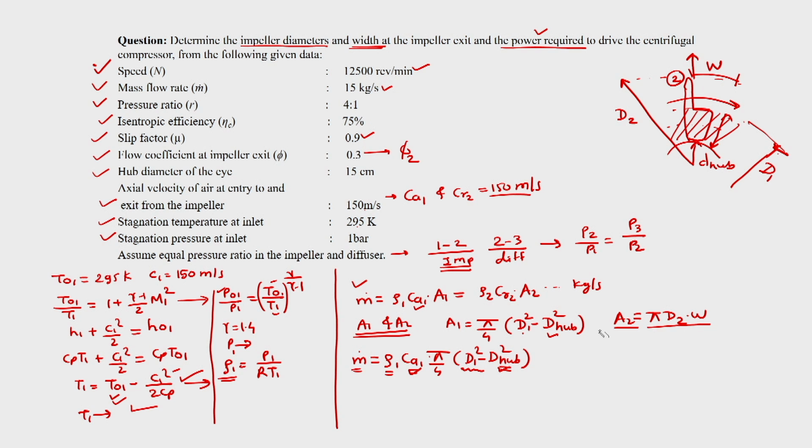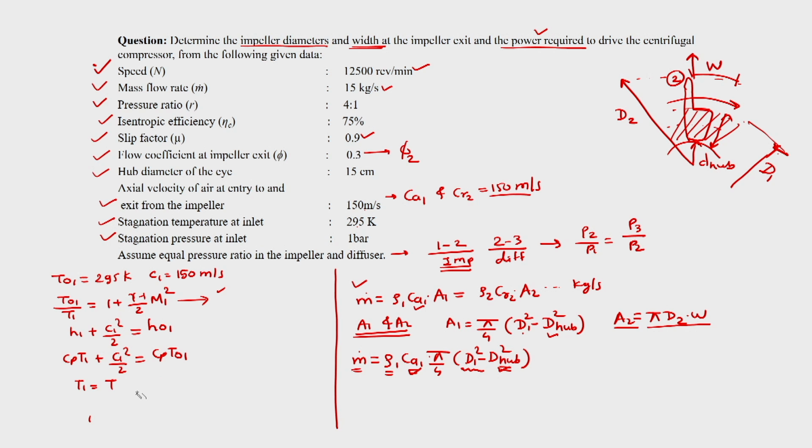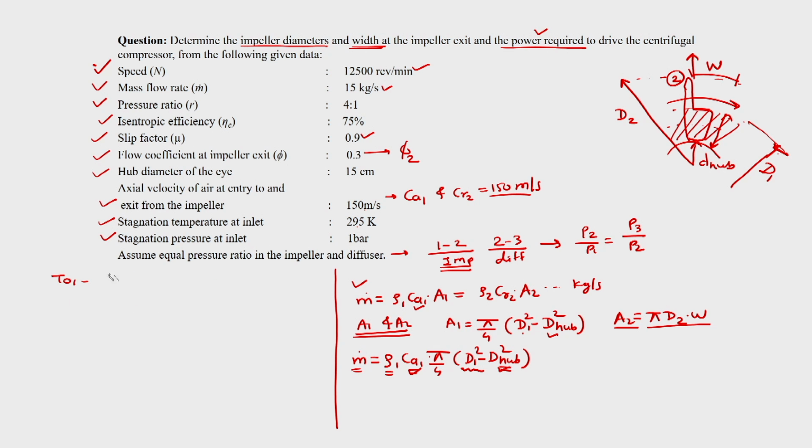So now we know the formula that we have, basically mass flow rate is equal to rho 2 A2 into U2 or C2 or CR2. This is the mass flow rate formula. Basically U means velocity. We have to keep some velocity which is normal to the area at the outlet, and for normal to the area at the outlet we have CR2 velocity. So m dot is equal to rho 2 CR2 and A2, where